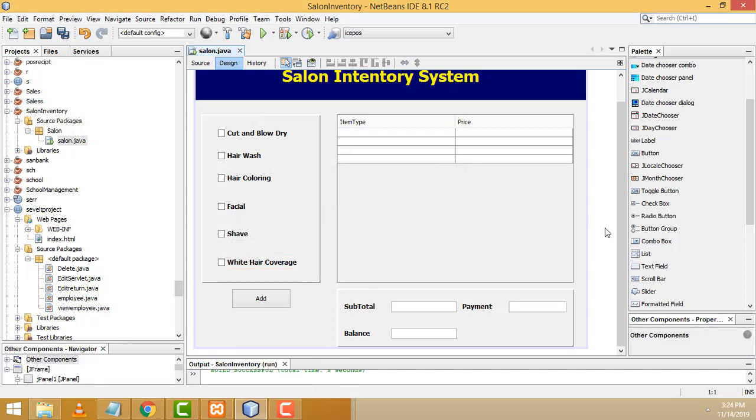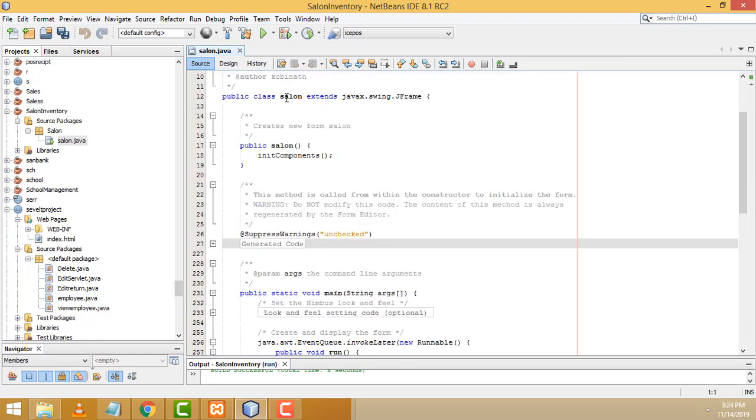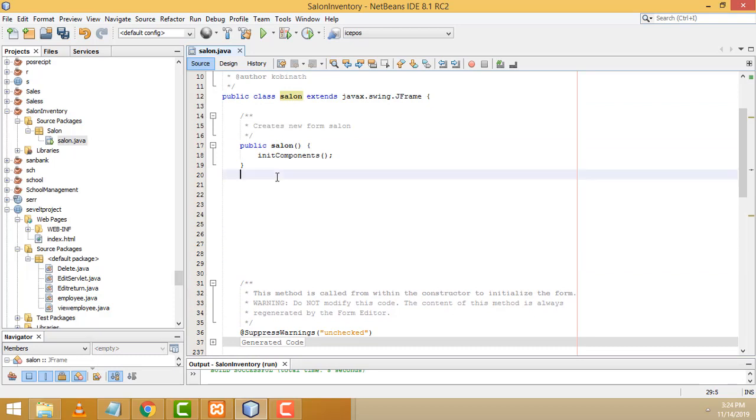Okay, perfect. Now what I'm going to do is go to the source. First, this is the class name Salon, this is a constructor. After that, we have to create the table model. So we have to write default